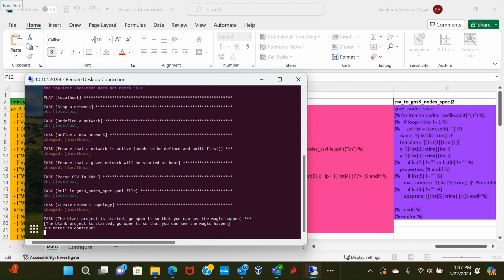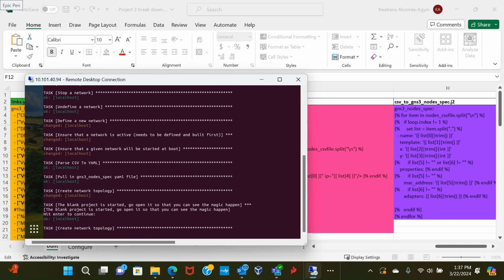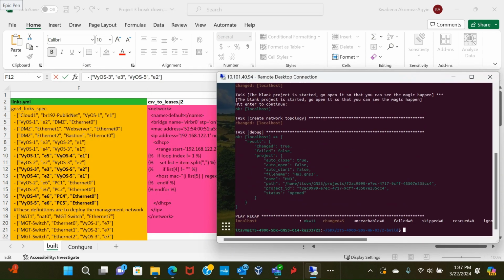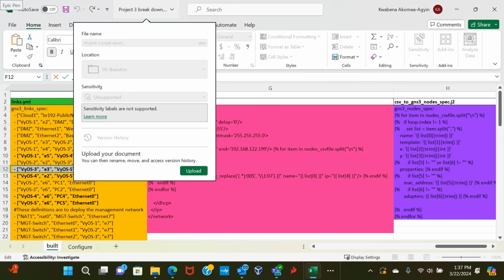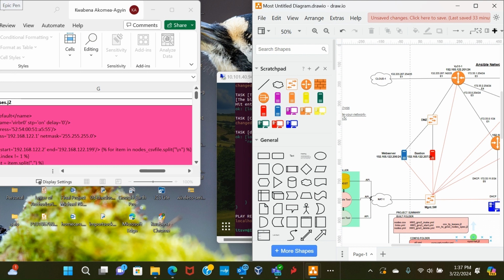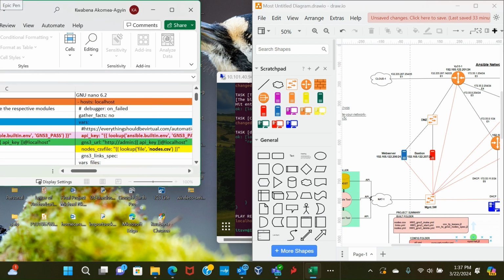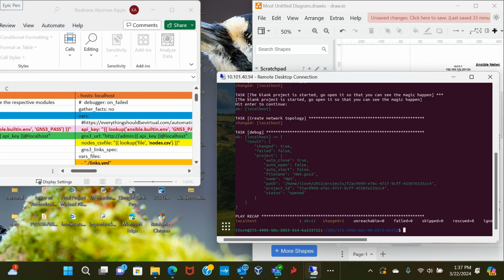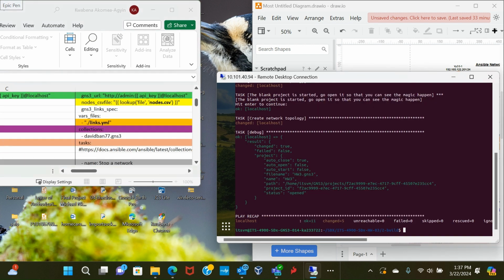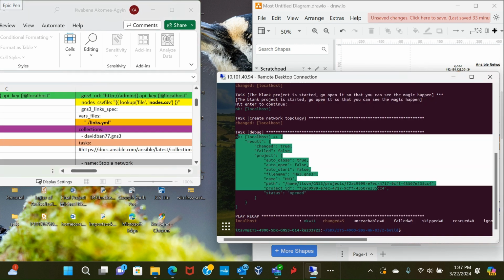Once I hit enter for it to continue, you can see all the tags that I've issued within the Ansible playbook of what it's supposed to be doing is actually what is executing. So that's the make file that is being executed. And here it tells me that it has fully executed the file.